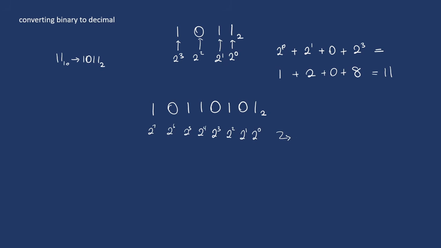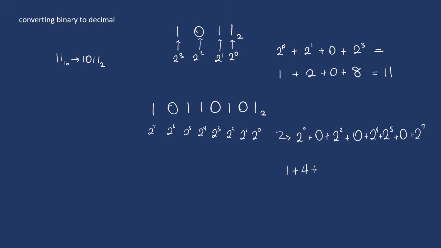So simplifying this, the ones that are multiplied by 0 are going to nullify, and we're going to only keep the ones raised to the power that are being multiplied by 1. So this is going to be 1 times 2 to the 0, 0 times 2 to 1. So let's bring it out. So that's 2 raised to the power 0 plus 0 times 2 to 1 is going to be 0 plus 2 squared plus 0. So that's 0 times 2 to the 3 plus 2 raised to the power 4 plus 2 raised to the power 5 plus 0 because 0 times 2 raised to the power 6 plus 2 raised to the power 7. Okay? So adding this up, so that's going to be 1 plus